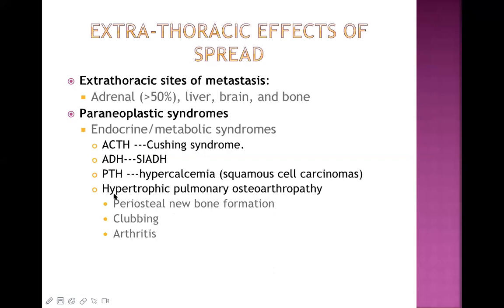And the last one is a type of clubbing, and this is grade 4 clubbing or very severe type of clubbing, where there is new bone formation in the periosteum near the wrist joint. There is clubbing and arthritis as well. So these are important features of paraneoplastic syndrome, which occurs mainly in small cell carcinoma, but it also occurs sometimes in squamous cell carcinoma. Now, out of them, if they ask in an MCQ exam, you can pick hypercalcemia